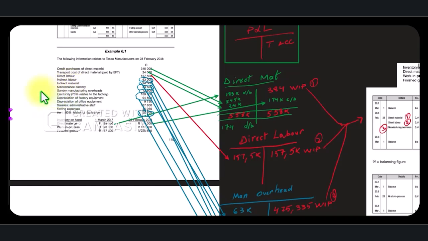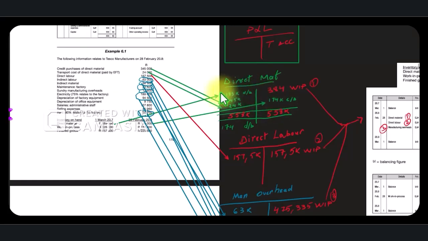Okay, so obviously, you always need to also look, are they accounts that have an opening balance and a closing balance? And lo and behold, if you look down here, direct material, work in process, finished goods have opening and closing balances. So these need to be taken into account. So when we're looking at the direct material account, for example, we need to take into account what is the opening. And as you can see here, this is the opening. It's 189,000